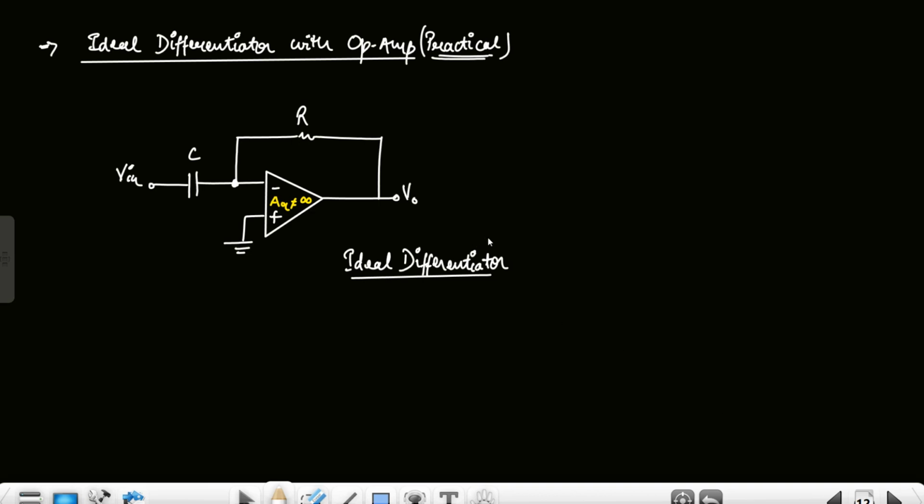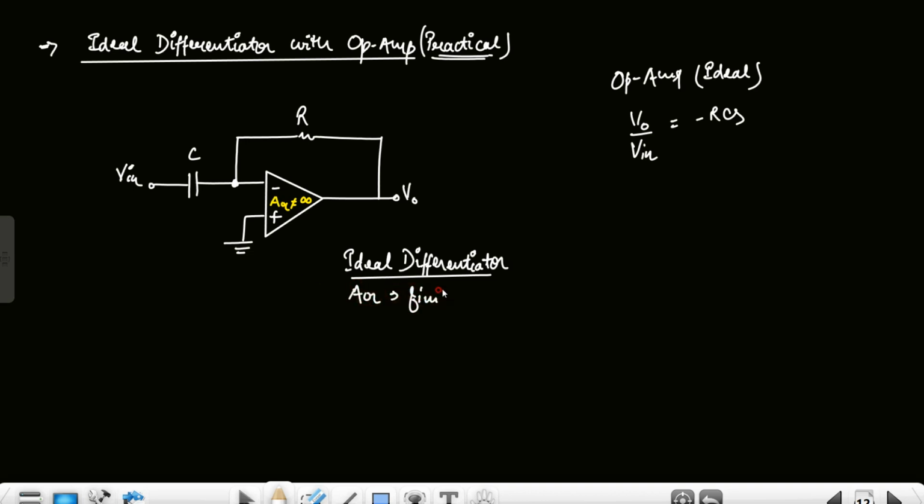So hello everyone. In this video I'll discuss the ideal differentiator circuit with the practical op-amp. When I discussed the ideal differentiator, I considered the op-amp as ideal. When the op-amp was ideal, we got the transfer function of this ideal differentiator as minus RCS. This was the transfer function, but now this op-amp is practical, so AOL has a finite